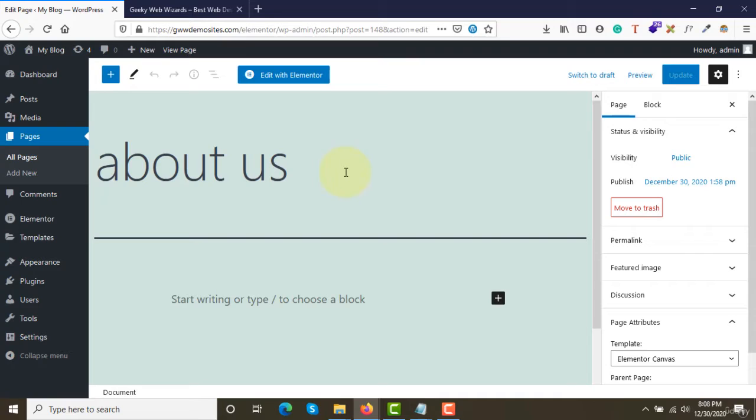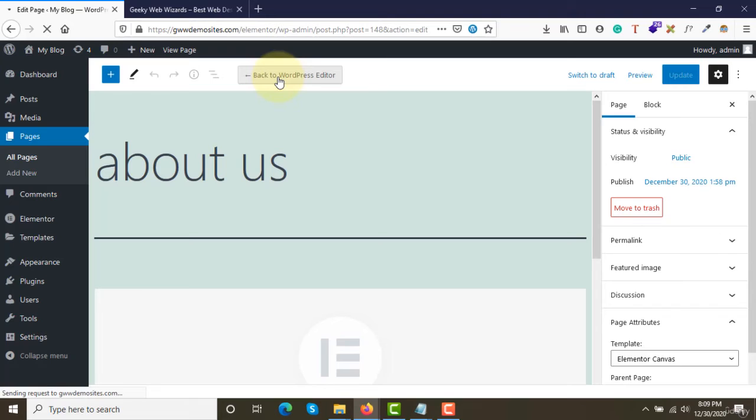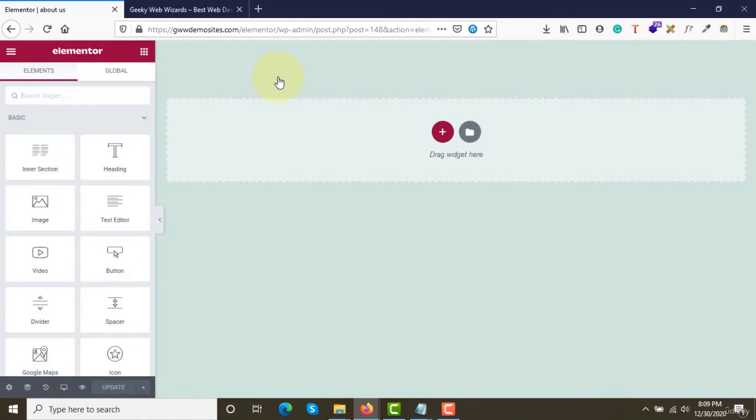In this video we'll see how to edit the page, how to create a page, how to design the page using Elementor, not with Gutenberg. So here you have this option called edit with Elementor, right? The button over here on the top. You need to click on this. Now the screen that appears is the screen where you'll be spending most of your time while you create websites using Elementor.